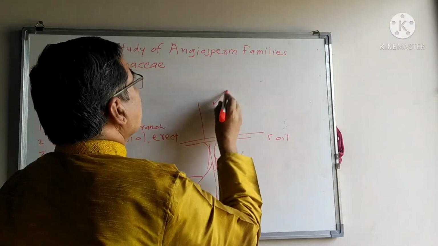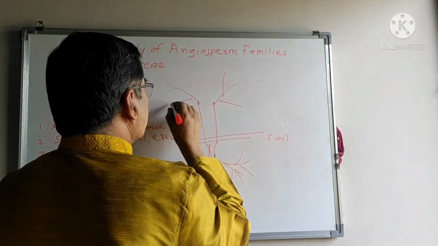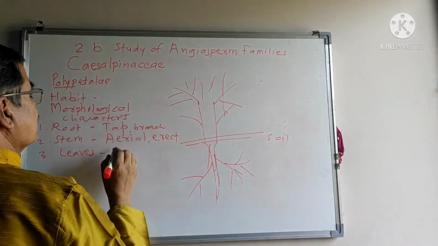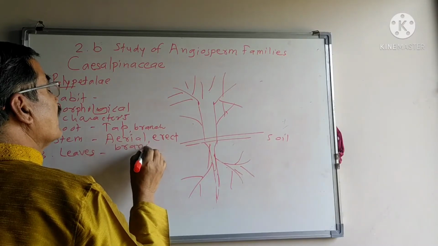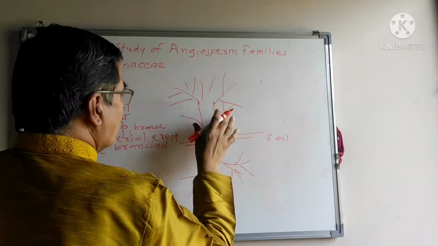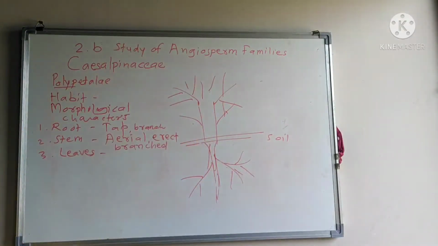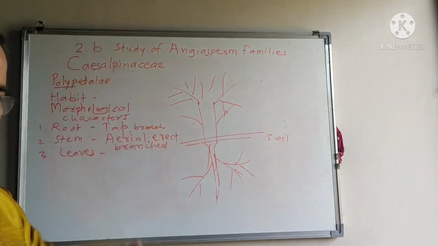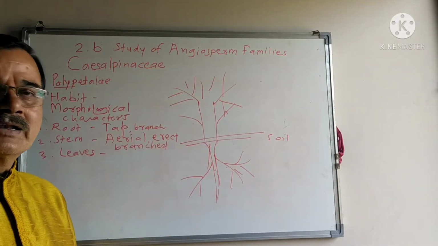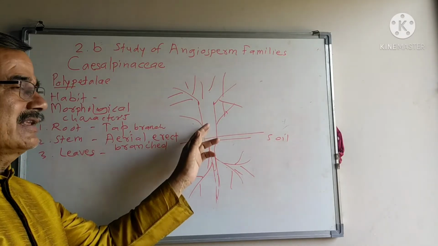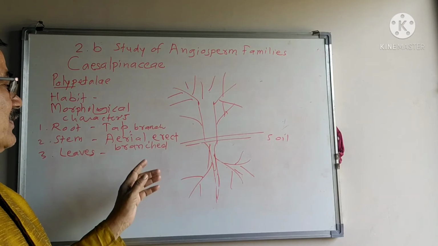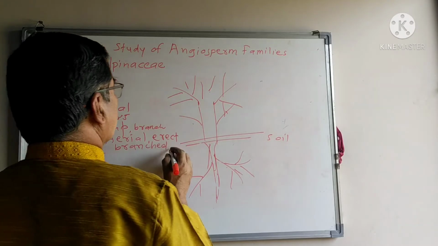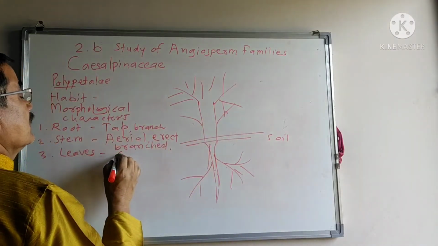The stem gives rise to further branches, therefore the stem is also known as a branch. When it remains single, as in a palm like coconut or sugarcane, the stem is unbranched. Here the stem is branched and sub-branched, giving rise to branches and sub-branches. It is known as the branched one. The stem is cylindrical.